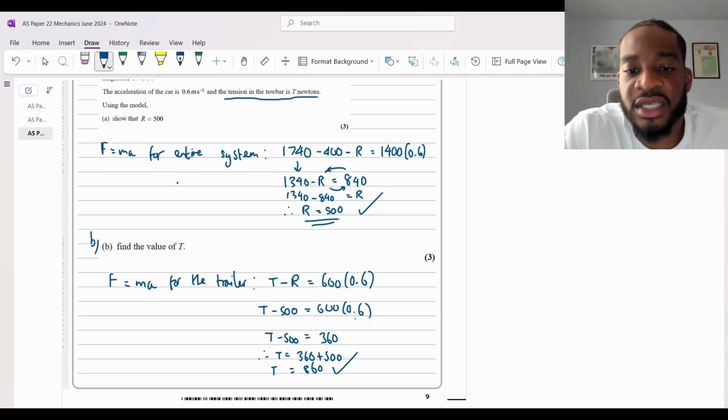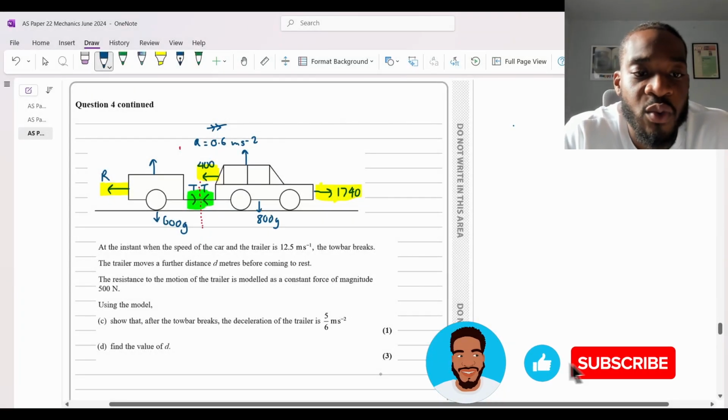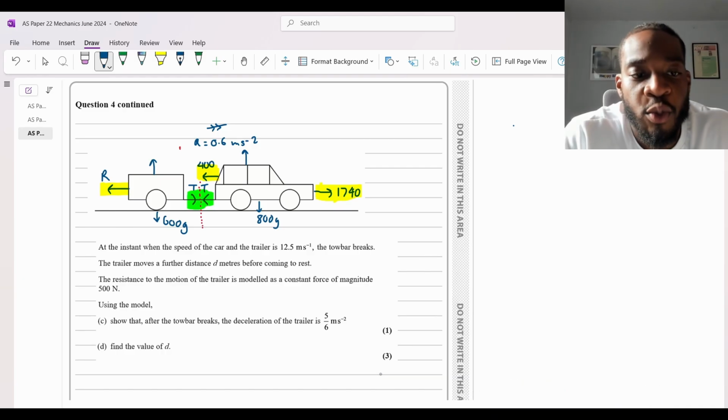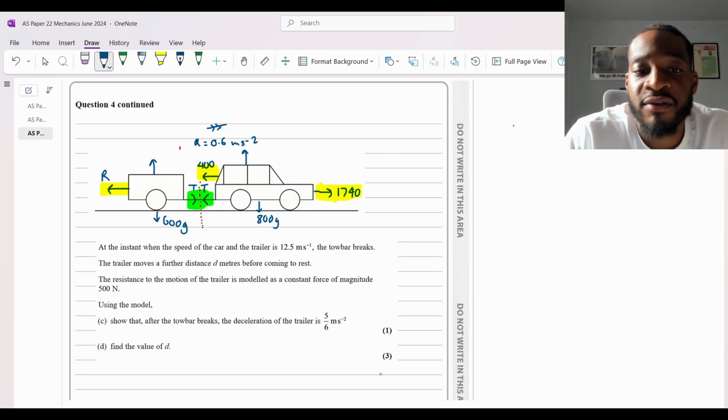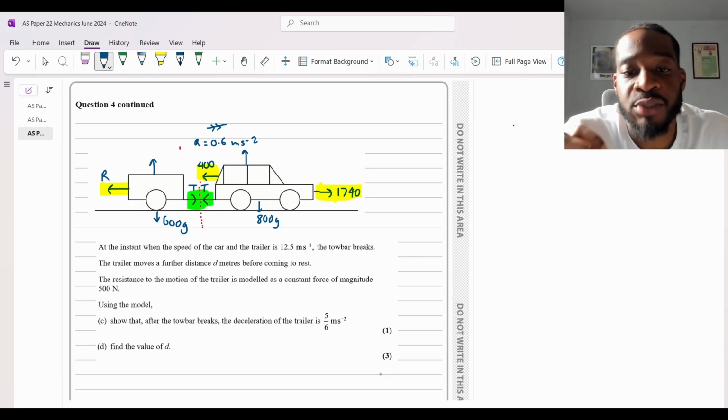And now let's go into part C. Okay, so part C says, at the instant when the speed of the car and the trailer is 12.5 meters per second, the tow bar breaks. The trailer moves a further distance d meters before coming to rest. The resistance to the motion of the trailer is modeled as a constant force of magnitude 500 newtons. Using the model, show that after the tow bar breaks, the deceleration of the trailer is 5.6 meters per second squared,